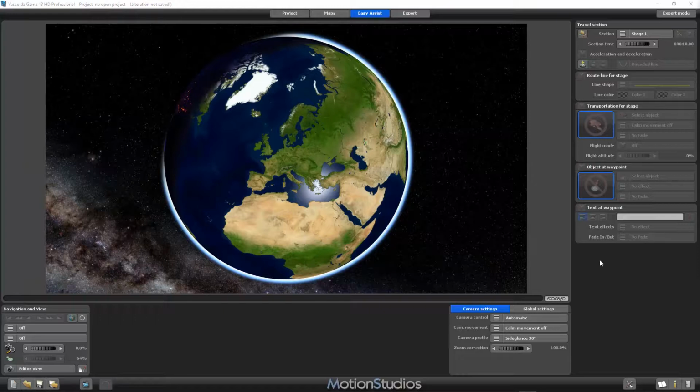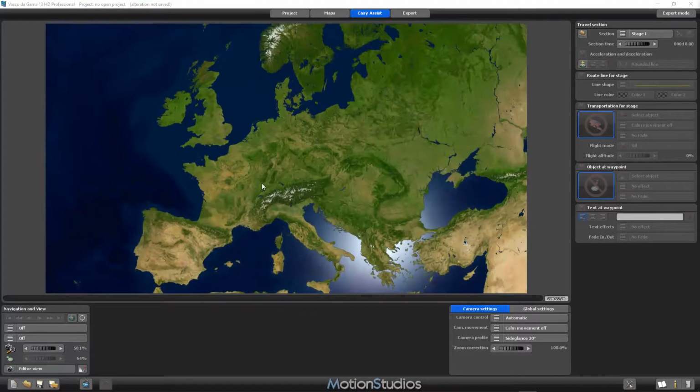Now let's start a little bit more complex project. I have started Vasco da Gama freshly, so we have an empty project and we are in Easy Assist mode. And the first part of our itinerary, the first stage, should take us by car from Berlin to Hamburg. And since it's a little bit difficult to set the route points to the correct positions of those two cities,